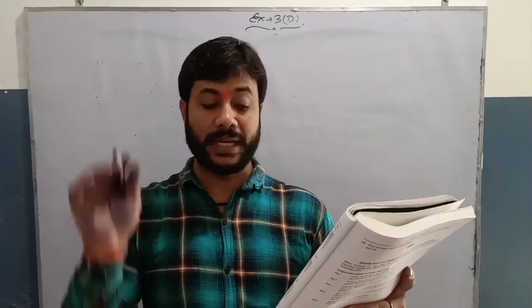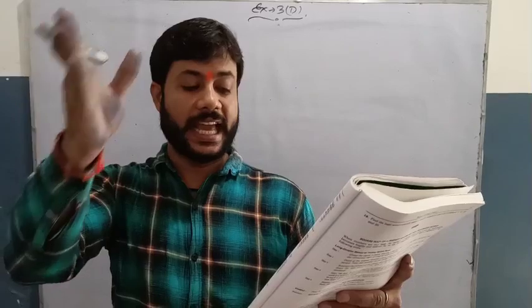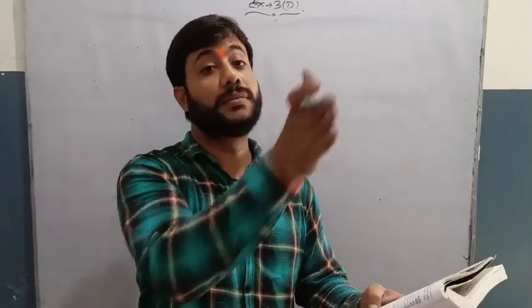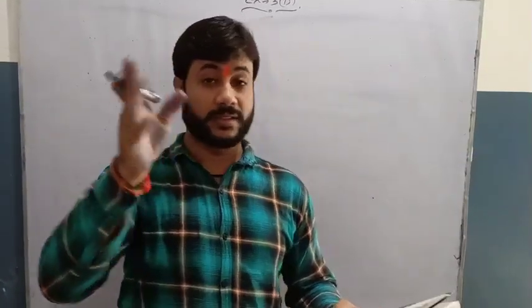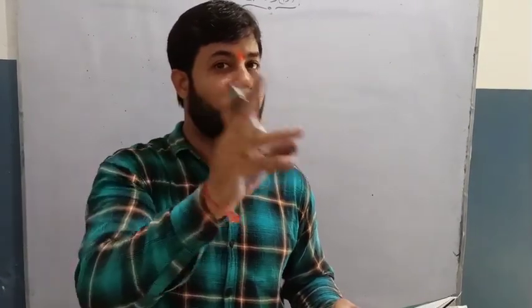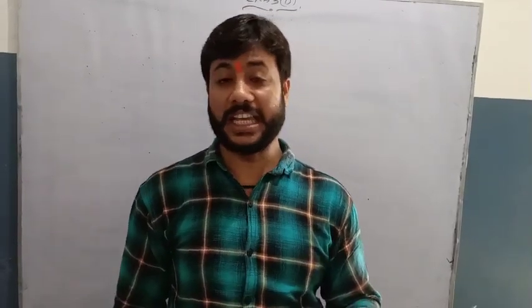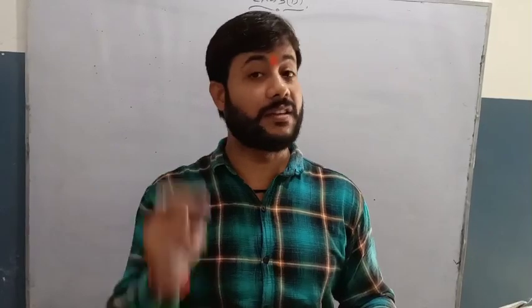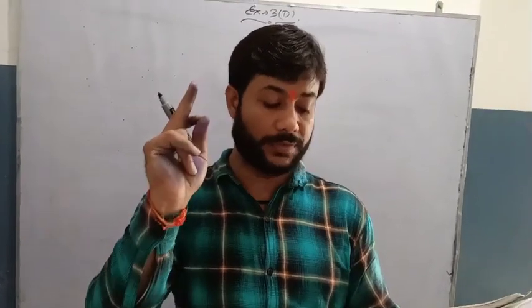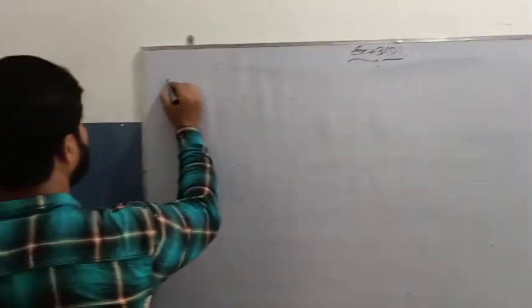Now question number 15. 1225 plants are to be planted in the garden in such a way that each row contains as many plants as the number of rows. Mind students, the number of rows and the number of plants in each row are the same, right? Find the number of rows and the number of plants in each row. So for that purpose, again we will go for its prime factorization and we will get the square root of the given number 1225. So question number 15.